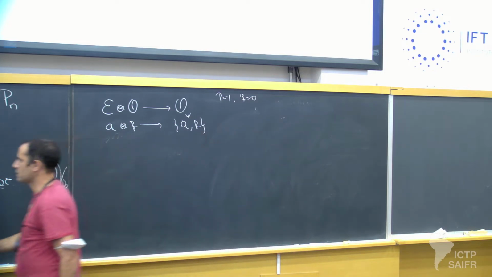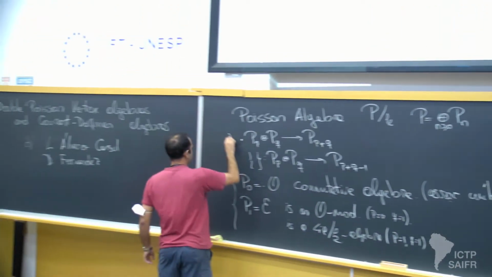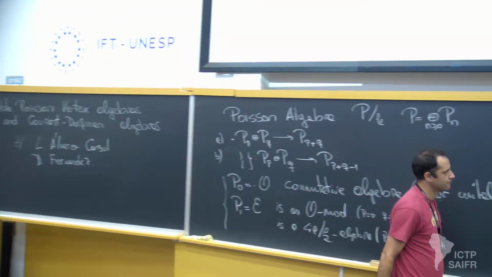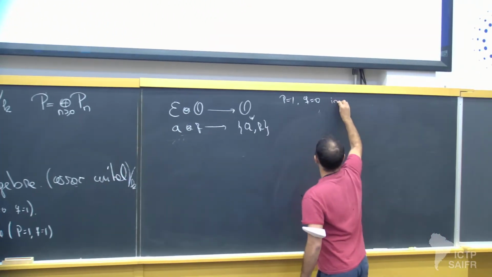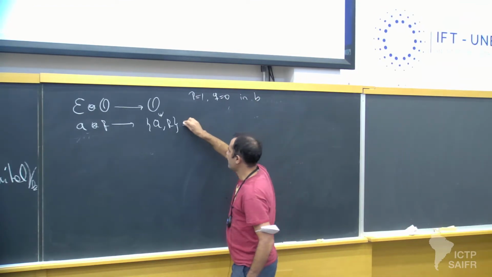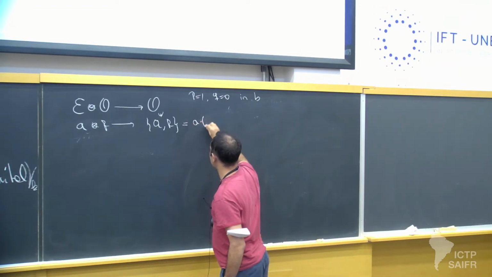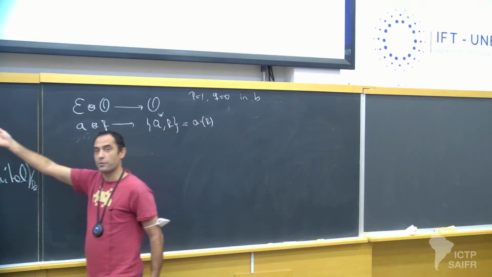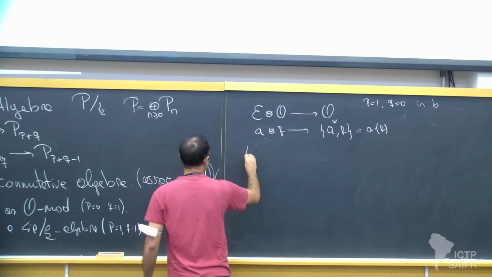Let's put names here, let me say A and B, and I can just denote this as A acting on F. And now the Leibniz rule, since I started with a Poisson algebra,